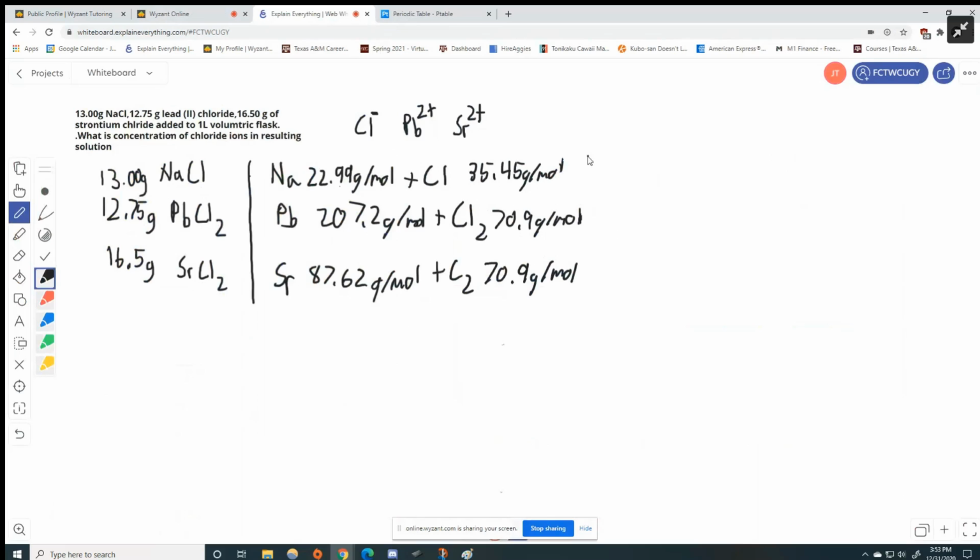Let's go to my calculator. 58.44 grams per mole. And this would be 207.2 plus 70.9, 278.1 grams per mole. And for this one, 87.62 plus 70.9,